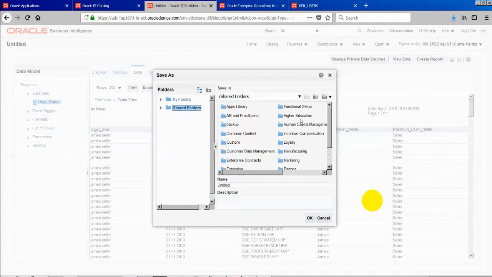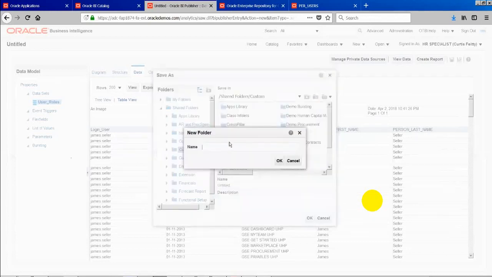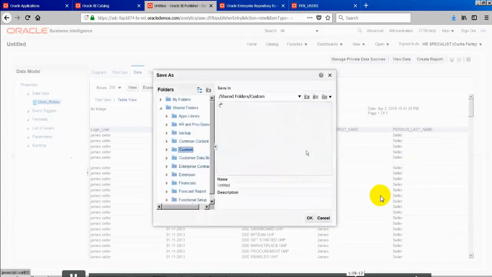Out of that, Oracle gives one custom folder. In this, you can keep creating your custom information. Here, I am going to create one folder for our batch. I'm saying Rainbow Technical Batch 3. So I'm creating a folder here.